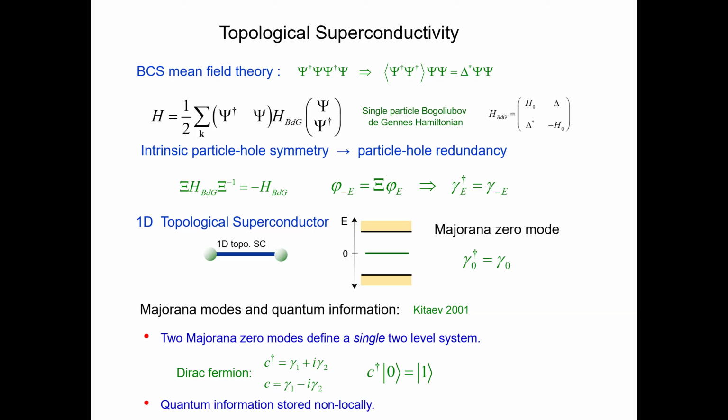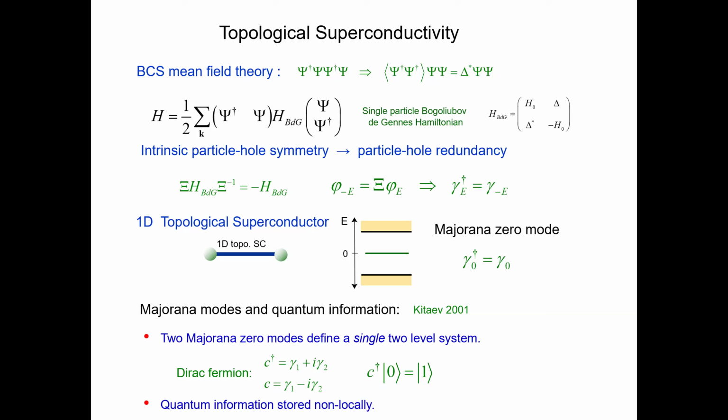Adding an electron can't be the same as removing an electron. The reason that it can be the same is because of what a superconductor is. A superconductor is a condensate of Cooper pairs, of pairs of electrons. Pairs of electrons are bosons, and they can condense. So in a superconductor, you can give away a pair of electrons for free. Removing an electron is like adding an electron and giving away a Cooper pair for free. That's the reason this can happen.